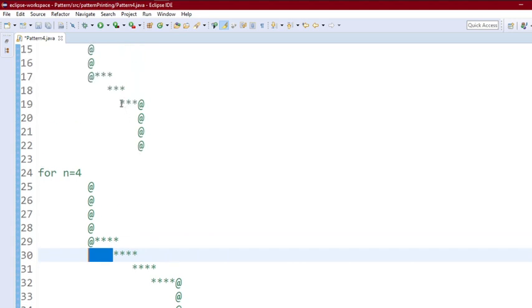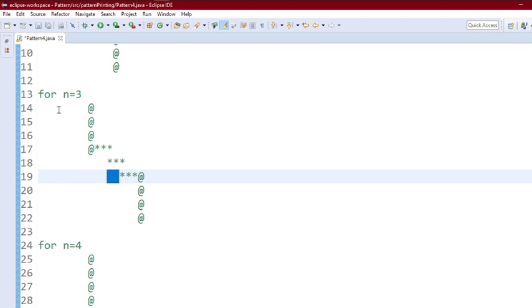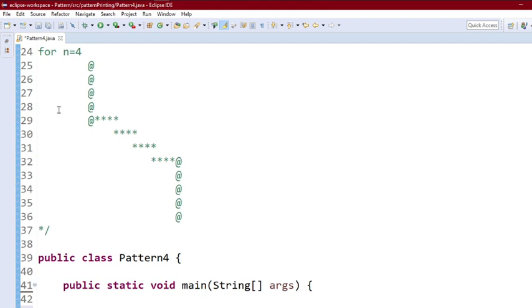After printing the first line of white spaces we have to print some extra white spaces in the next line. Here we can see that there are two extra white spaces for n equal to 2, which is going to be equal to n minus 1. So we can conclude that this is increasing with n minus 1. Let's see again for n equal to 4. We can see that the white space is increasing with the value of n, and in the very third line the white space is increasing with n minus 1. So we can conclude that we can increase our white space with a value of n minus 1 into i plus 1. Let's see how we are going to solve this in programming.